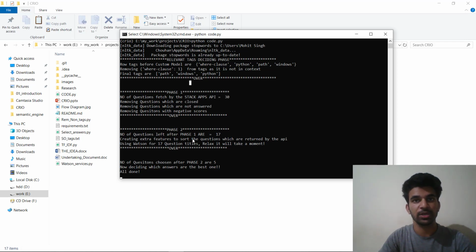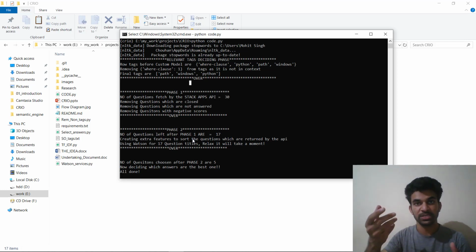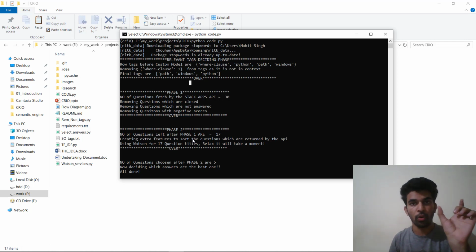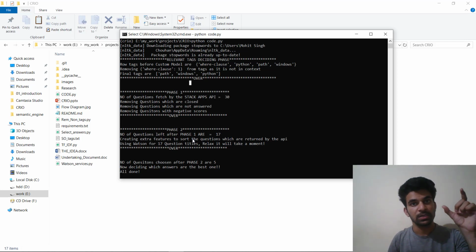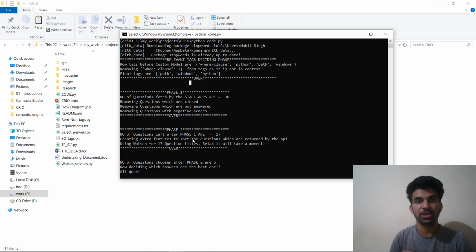In the second phase, we actually do data science, and with the questions which are left, for example 17 questions are left here. So on those 17 questions, we take out some features based on the semantics of the title and match it with the semantics of the query which was asked by the user, and also the tags which were there in the user query and the tags and the title which were returned by the Stack Overflow API. So we try to match up how many of the tags matched and how many did not match. So we make a complex function which actually tries to rank the questions' relevancy, and after that we take 5